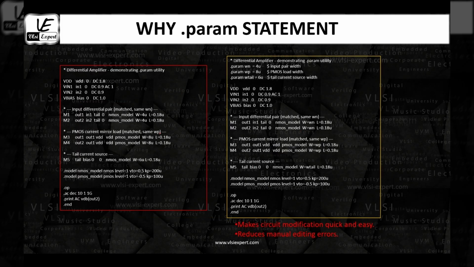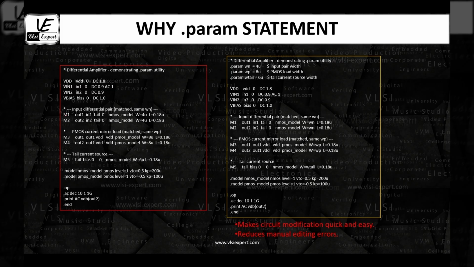Now we talk about the .param statement making circuit modifications quick and easy and reducing manual editing errors. Let's see the example. I have two netlists here. The first is for a differential amplifier.